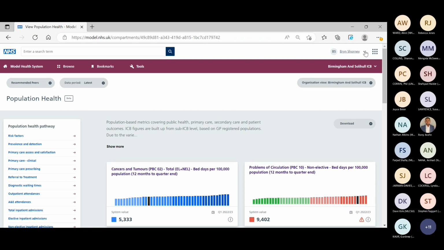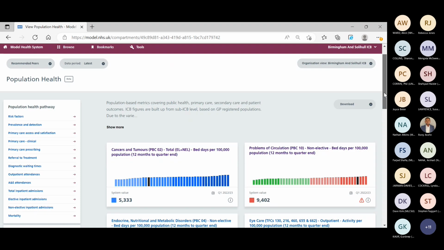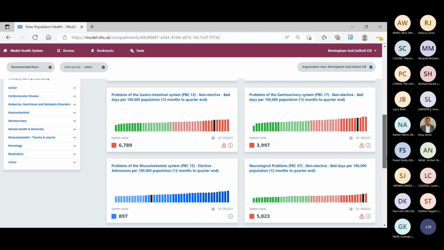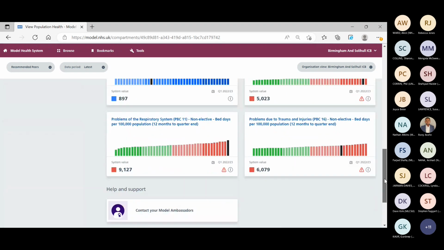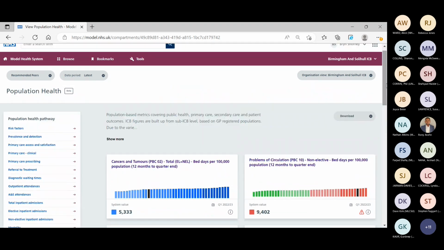And yeah, Alex has kindly offered to take any questions on the underlying data. As I say, we have included as much as we think is useful to include, but we're very, very happy to take questions that aren't answered by the metadata. And Chloe will come on to it, but there are various ways to ask questions that get sent to the Model Health System help desk as well, for people who do have questions.